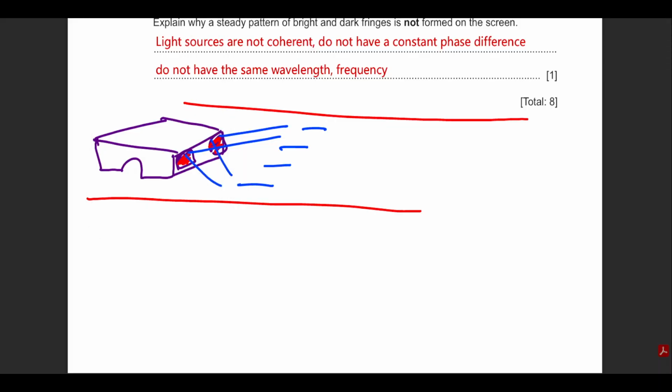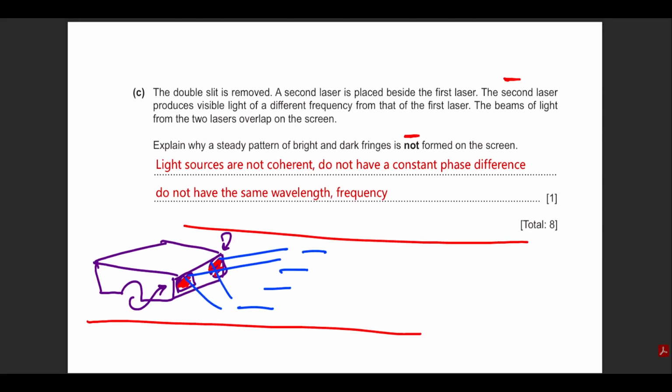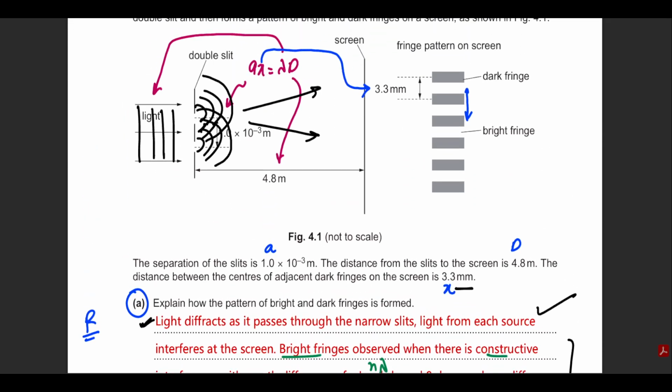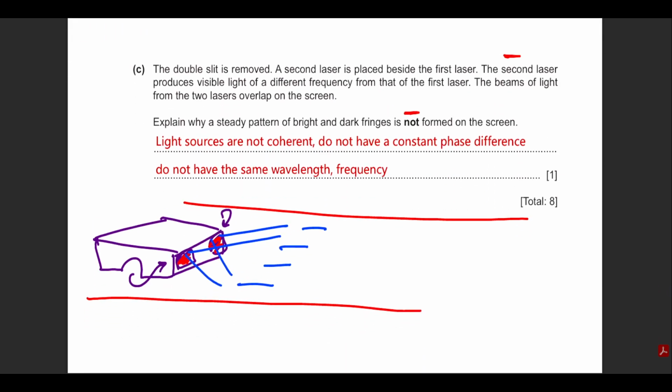Because they are from different manufacturers. Even from the same manufacturer, it is impossible to make sure that the bulb being used here is exactly a 100% copy of this one. So it is very important that when we want to see this, the light should be of a single wavelength, which technically we call monochromatic. Otherwise, there's no point in creating the interference pattern. That's why I've written down over here: